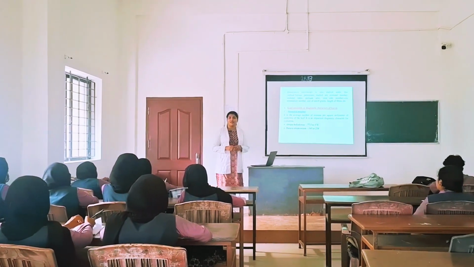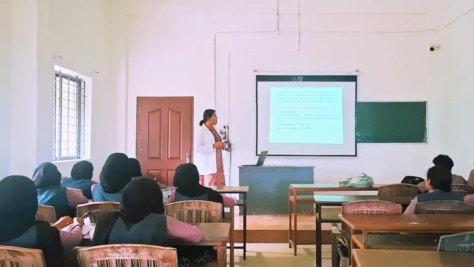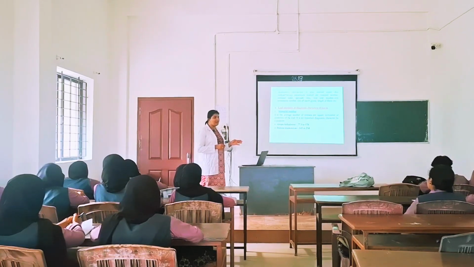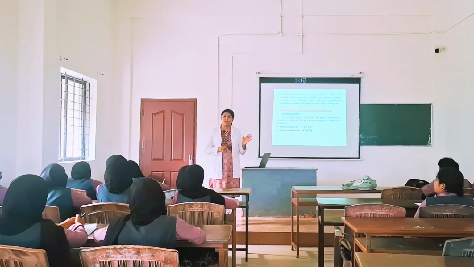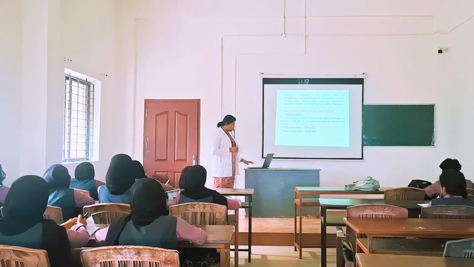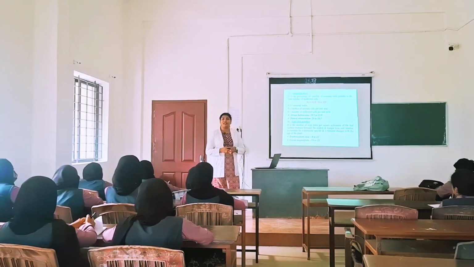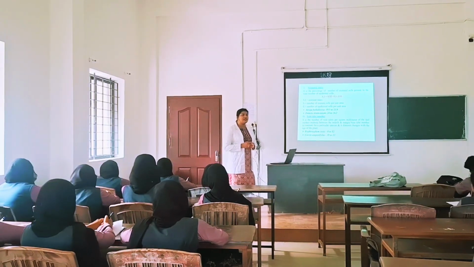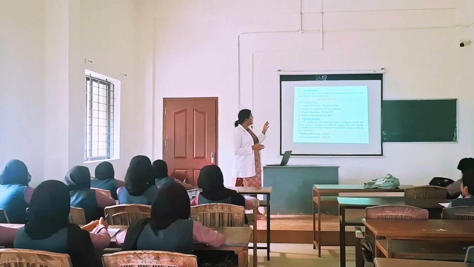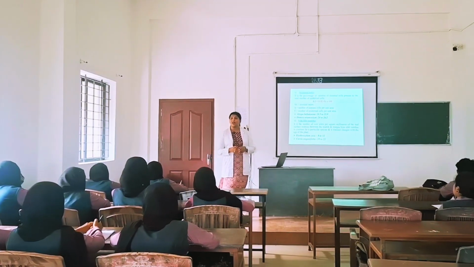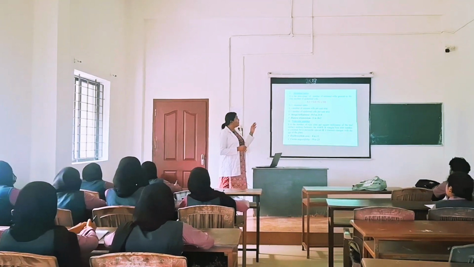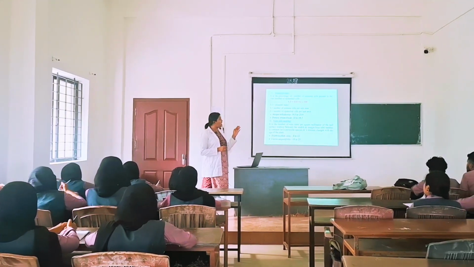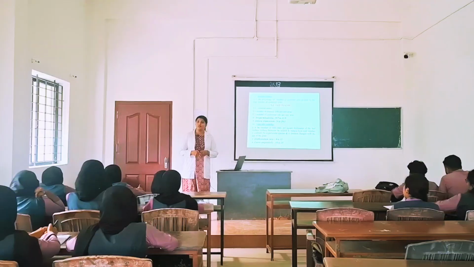First one is stomatal number. It is the average number of stomata present per square millimeter of the epidermis of the leaf. Next one is stomatal index. It is the percentage of the number of stomatal cells to the number of epidermal cells. The equation is SI = S / (E + S) x 100, where SI is the stomatal index, S is the number of stomatal cells and E is the number of epidermal cells.